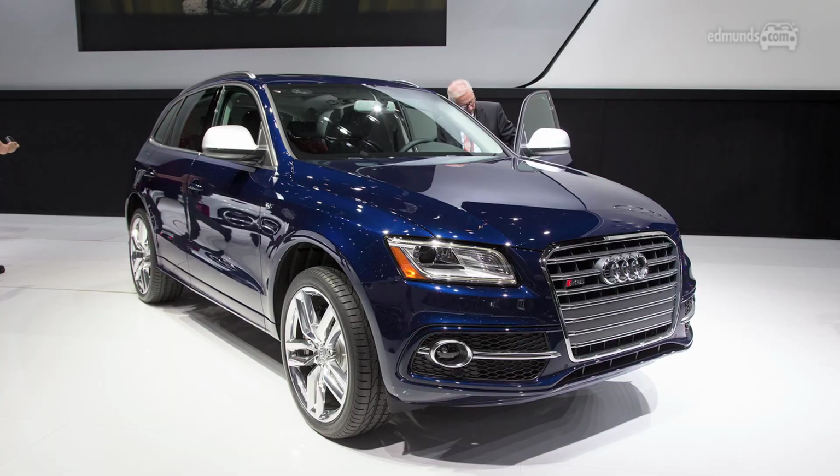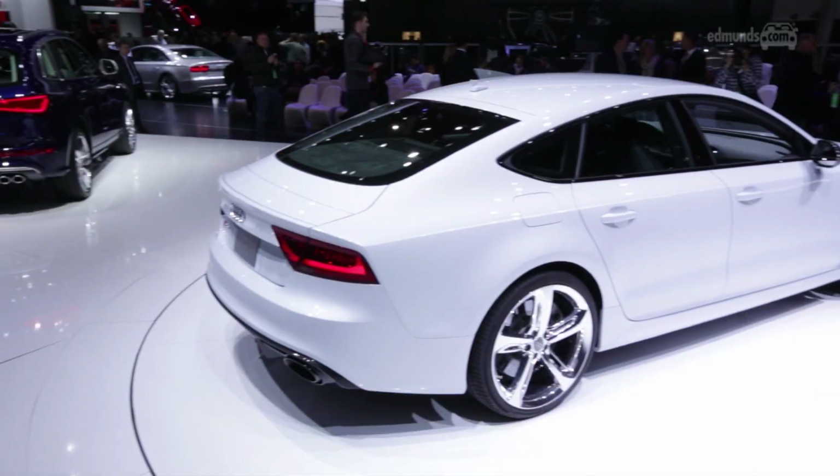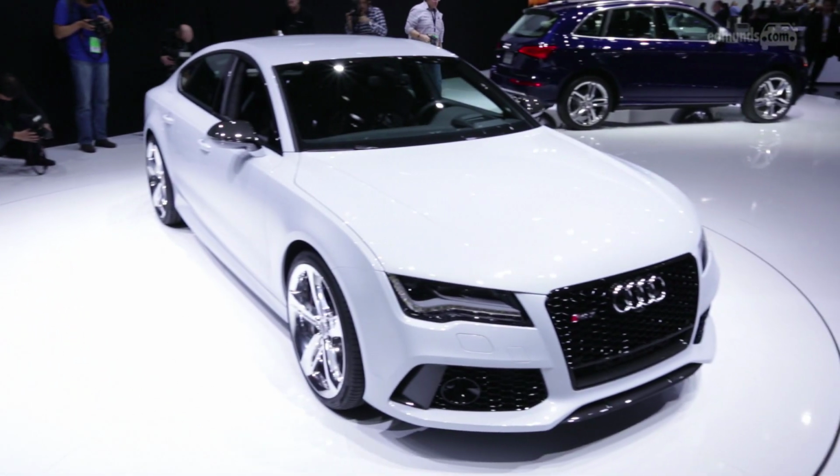Audi had a big showing here in Detroit, showing off several high-performance versions of existing vehicles, including the SQ5 as well as the RS5 Cabriolet. But what I want to find out about is the new RS7, and to talk about it is Edmunds.com editor Ed Hellwig. So obviously, judging by the name, this is based on the A7, but what does it have under